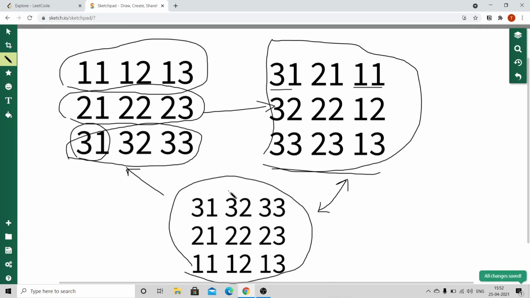If we take a look carefully, that matrix is just the reflection of the second matrix with respect to the diagonal. So imagine the diagonal elements as a mirror. How do we arrive at the third matrix? If we just swap 2 1 with 3 2, we can see that they are the same as the resultant matrix. Similarly, if we swap 3 3 with 1 1 and 1 2 with 2 3, we arrive at the resultant matrix. So we just need to swap with respect to the diagonal and we'll get the resultant matrix.